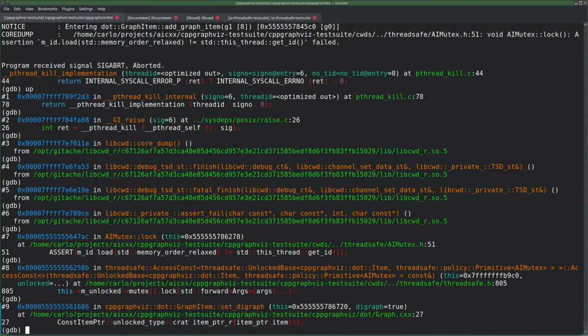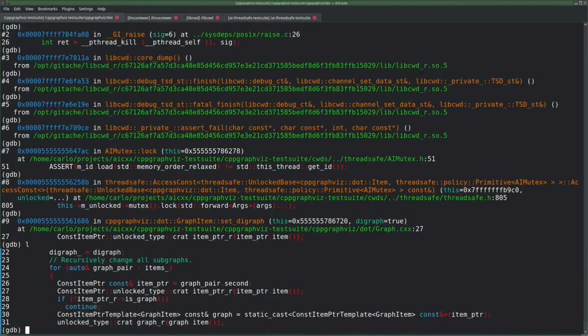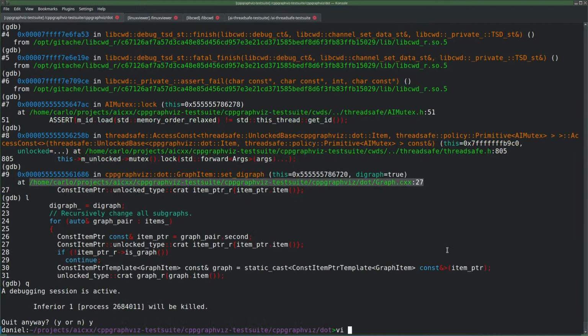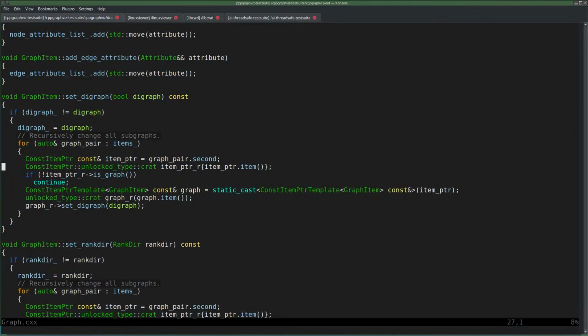No, my God. Set diagrams is taking a lock again. I guess it's really time for me to stop because it's getting too late to do something else first, or you know how it is.